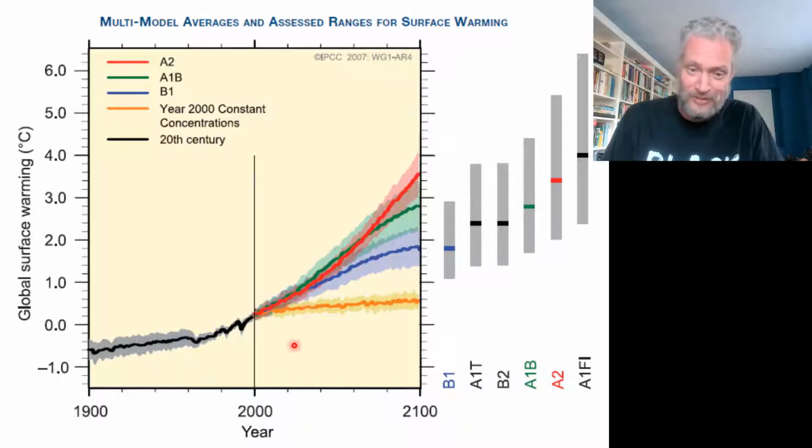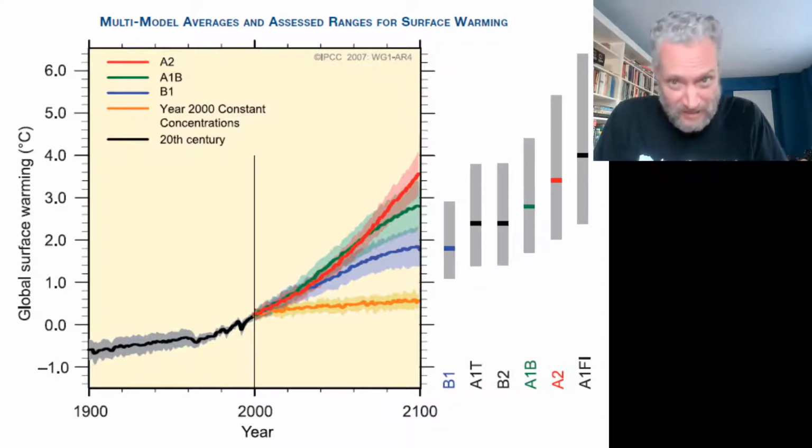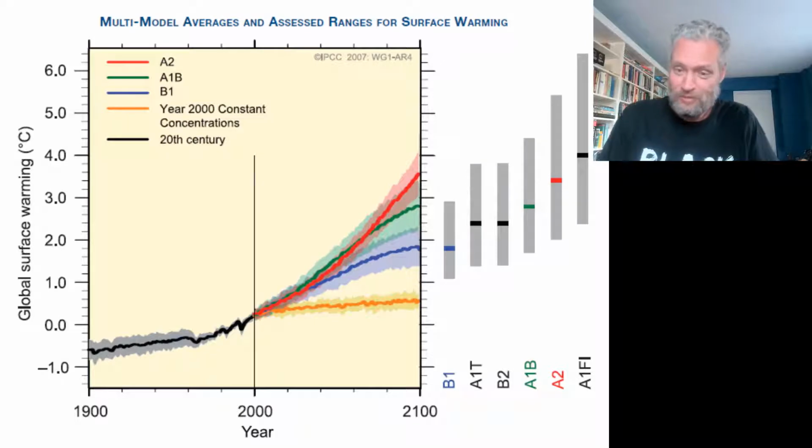2007, it's 13 years old now. The areas that you see indicate the uncertainty about the climate models. Climate models are far from perfect. The alternative colored lines that you see are alternative ways in which the future might unfold. And the way that these scenarios are constructed is essentially extrapolations from the Kaya identity.